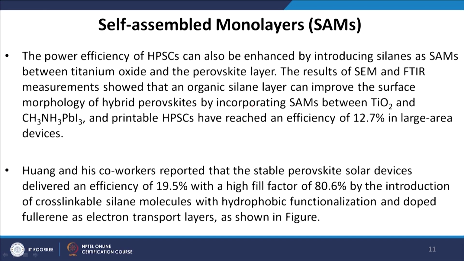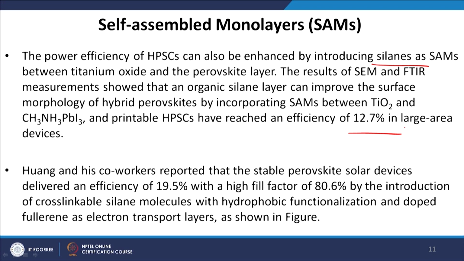The power efficiency of the hybrid perovskite solar cell can also be enhanced by introducing silanes as self-assembled monolayers between titanium oxide and the perovskite layer. The resultant SEM and FTIR measurements showed that an organic silane layer can improve the surface morphology of the hybrid perovskite by incorporating SAMs between TiO2 and CH3NH3 lead iodide, and printable HPSCs have reached an efficiency of 12.7% in the large area devices. Huang and his co-workers reported that a stable perovskite solar cell device can offer an efficiency of